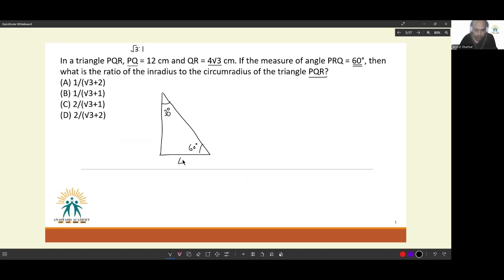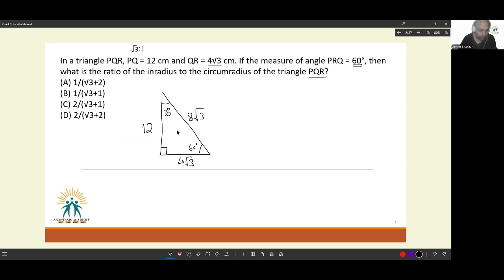Opposite to 30 degrees, you have 4 root 3. Opposite to 60 degrees, you have 12. So opposite to 90 degrees, you will have 8 root 3. In a 30, 60, 90 triangle, the ratio of the length of sides is 1:root 3:2. And then doing the working for the ratio of inradius to the circumradius of triangle PQR is going to be